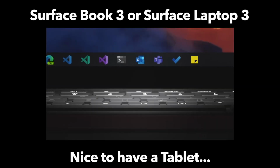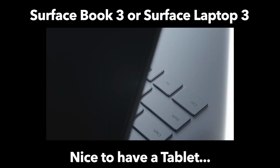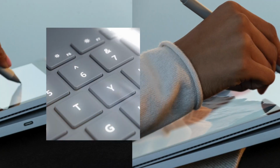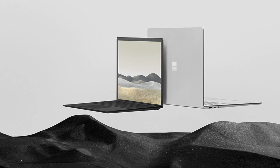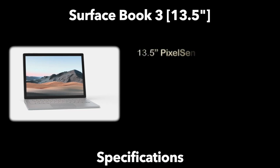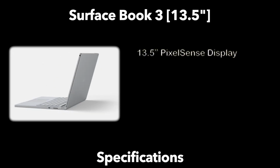Before we get really deep into these two devices, I did just want to point out the main question to ask throughout this video: do you need a laptop to be a tablet, or do you just need a laptop? Starting with the Surface Book 3, looking at the smaller model, it has a 13.5-inch screen with a resolution